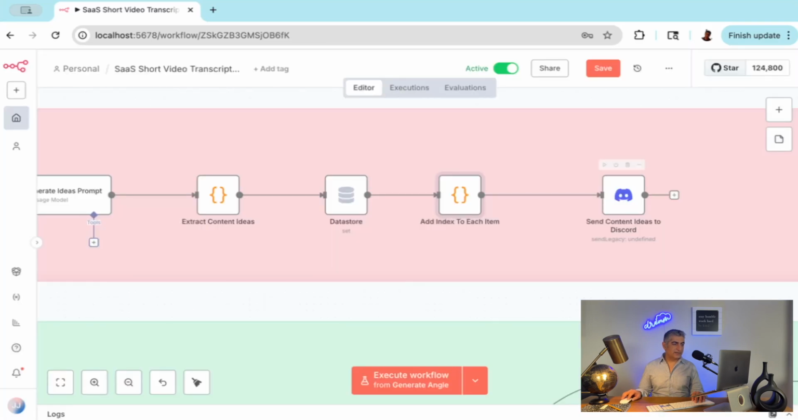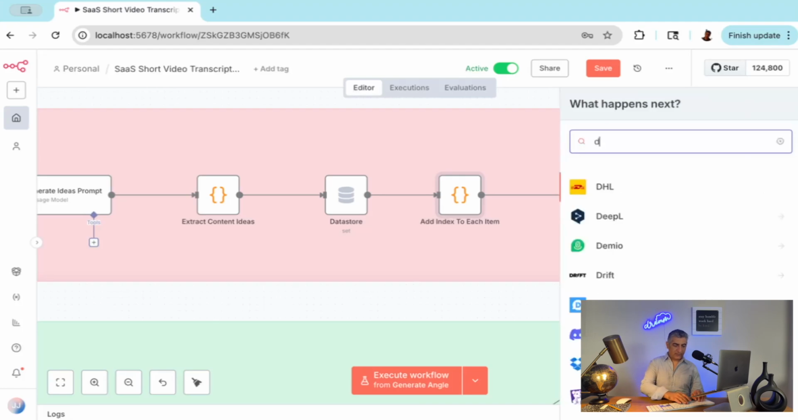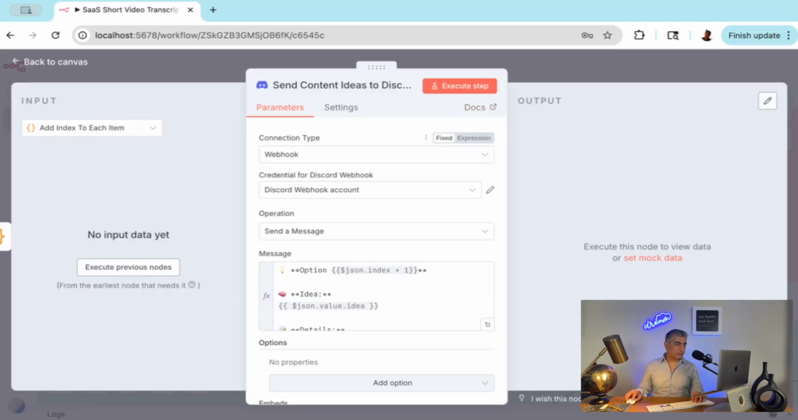Finally, we're going to send the ideas to Discord. You can do that by opening the nodes panel and typing Discord and selecting the Discord node. For that configuration, we're going to set the connection type to webhook. We're going to set the credential to point to our Discord webhook account, and we're going to have the operation